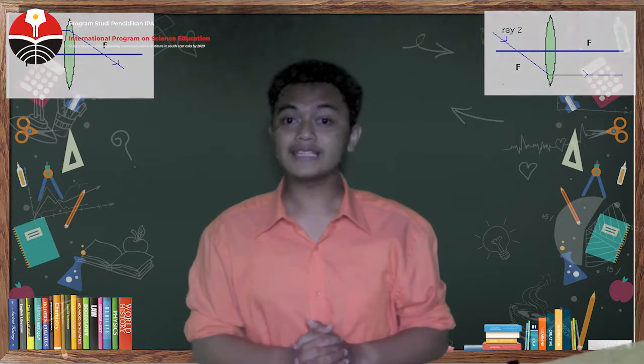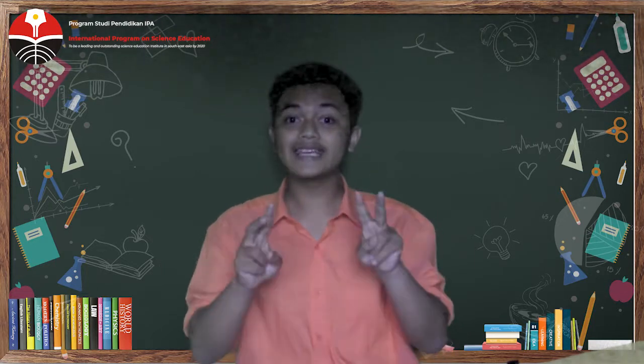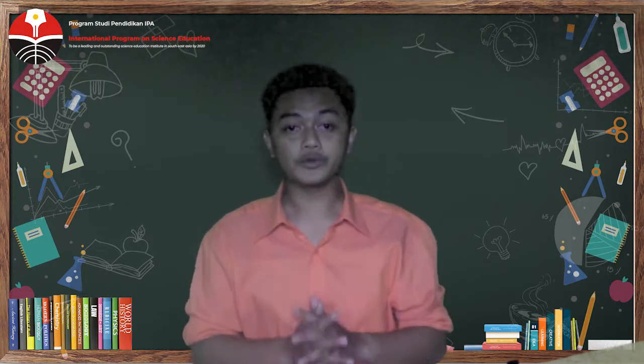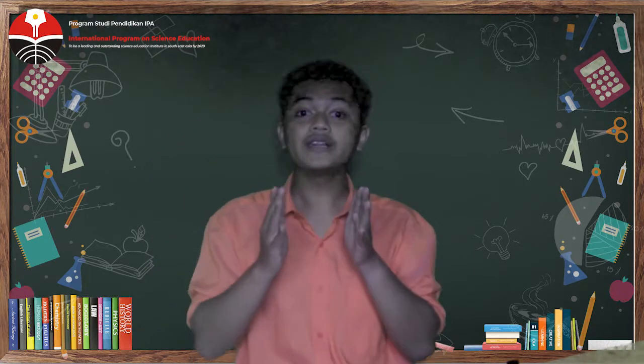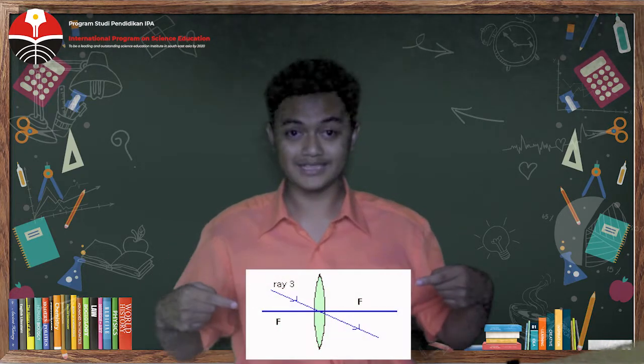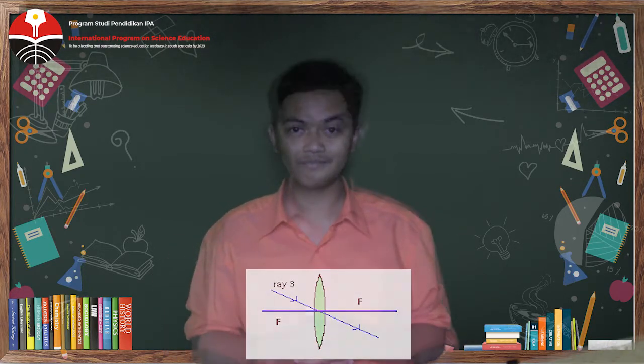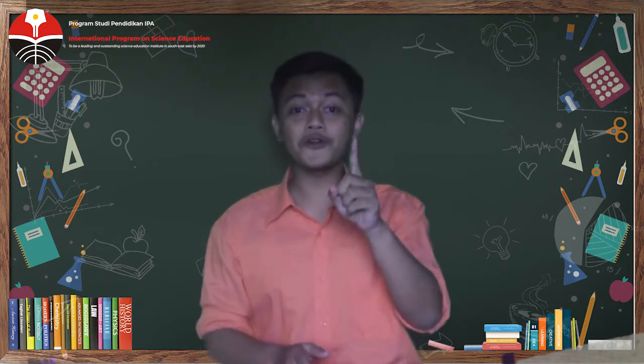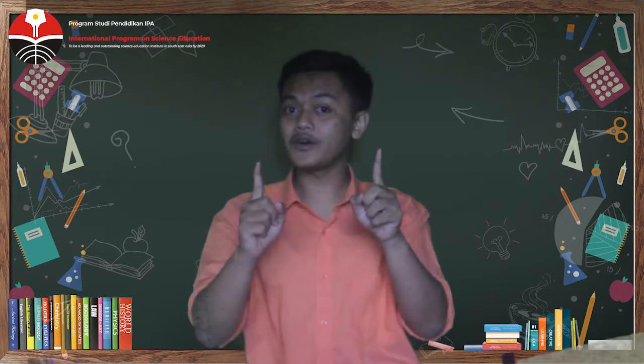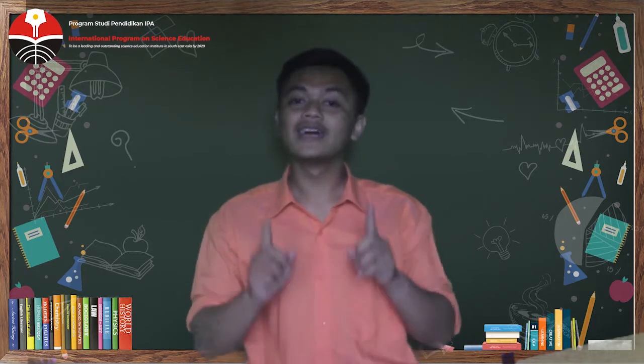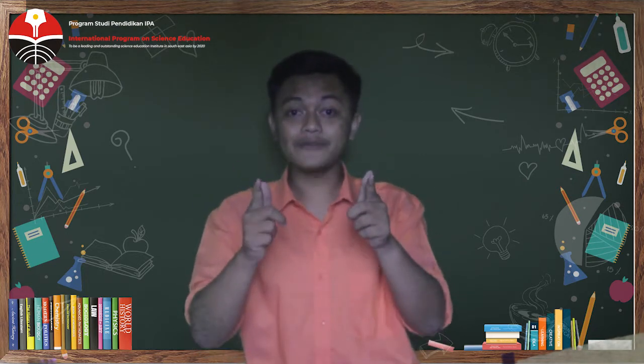And then the last ray, special ray 3, says that the light will come through the optical center and will instead be forwarded. Okay, you can see the pictures. Okay, after we know about the special rays in the convex lens, I will tell you about the special rays in the concave lens. The concave lens, same as the convex lens, has 3 special rays, which are